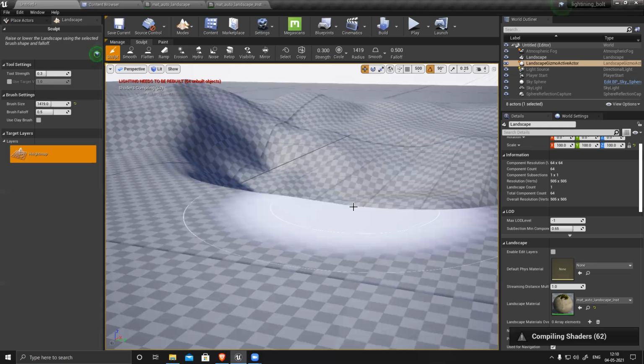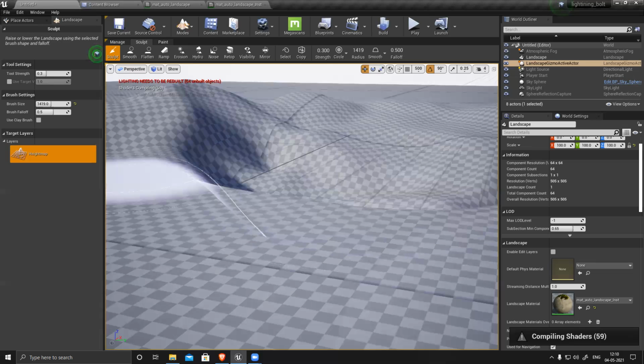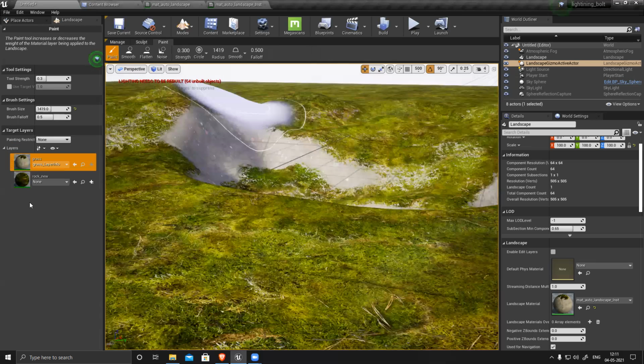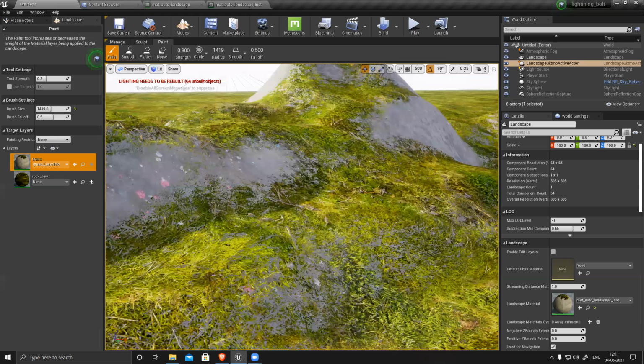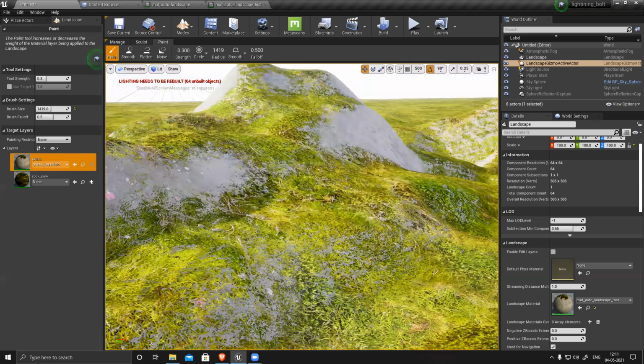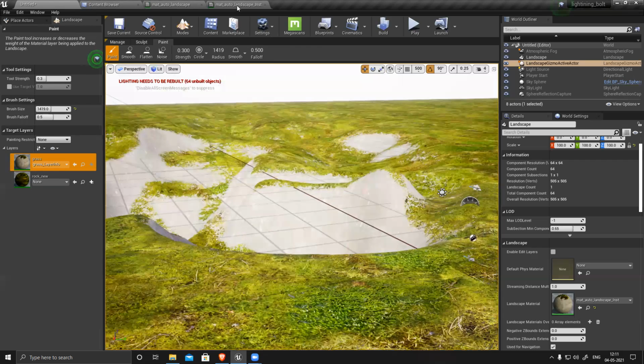The problem is it takes so long to compile. See, it generated automatically for this. It's supposed to work like this.